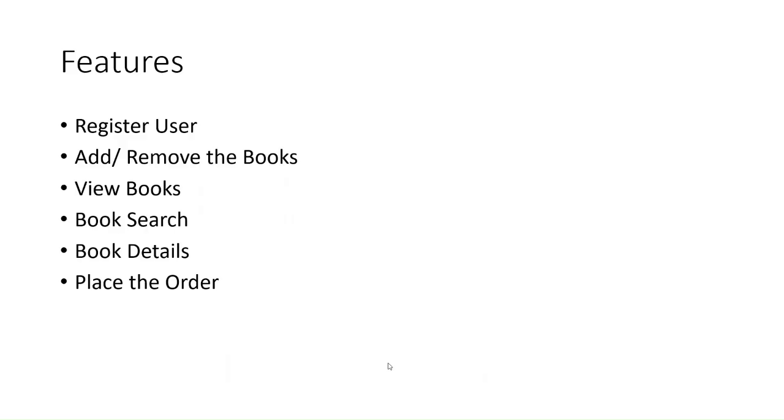We can view the books. Then we can search for books. We can look for the book details, and then we can place the order for various books from this system. In order to provide the basic functionality of the application, we have created four microservices in order to implement all